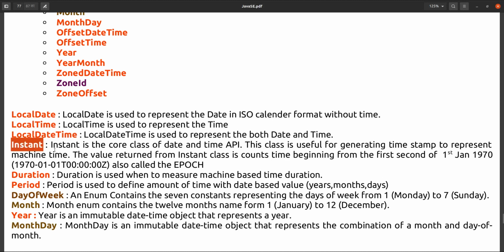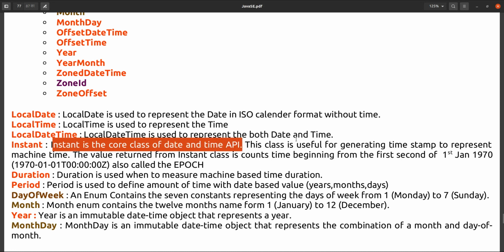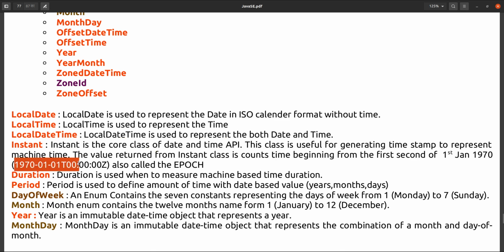Instant is the core class of the date and time API. This class is useful for generating a timestamp to represent machine time. If we want to represent some machine time, then we can use Instant, and that will start from 1st January 1970, the epoch, onward.